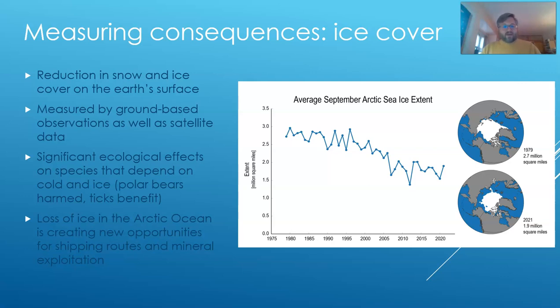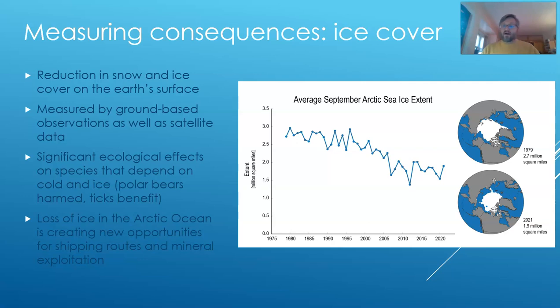So why do we care about this? Well, it can have significant ecological effects. There's lots of species that depend on cold and ice for part of their life cycle, and so those species would be negatively impacted. So polar bears are kind of a famous symbol of climate change because they depend on ice to walk around on, to go hunting and so forth, and so they can be pretty negatively impacted if there's a lot less